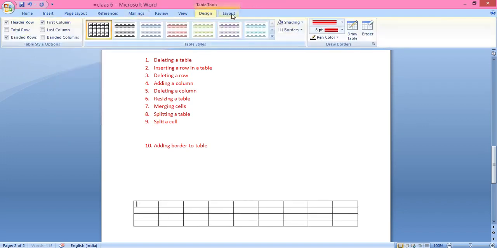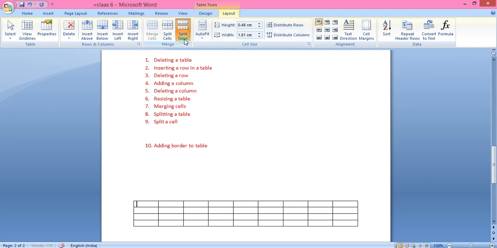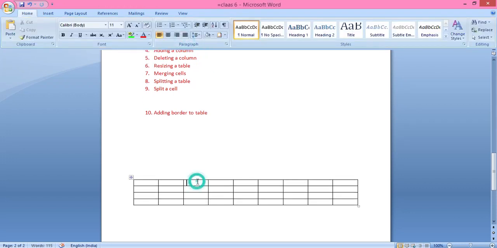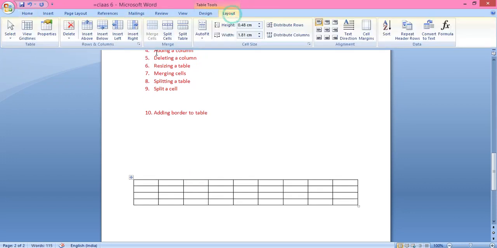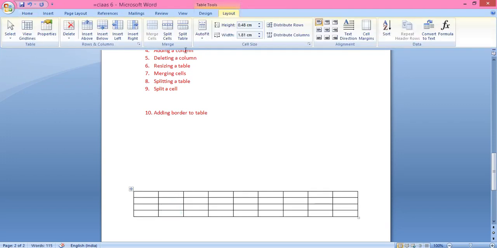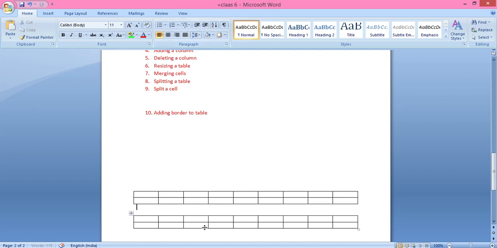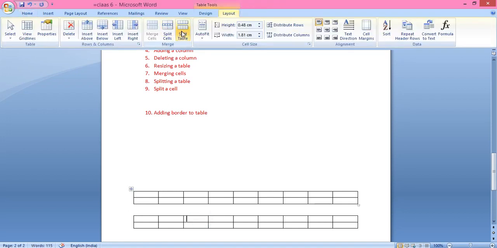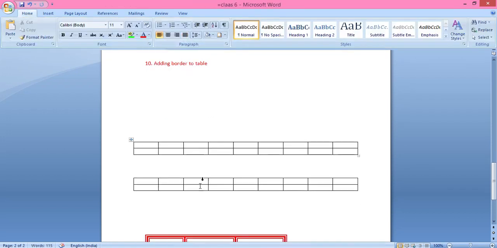Now I will use Split Table. Now it is splitting like this. So you can see that the table is divided into two parts. So it is called splitting a table.